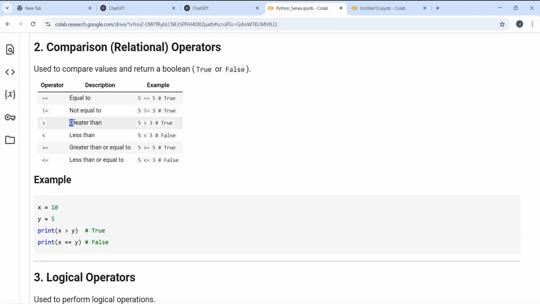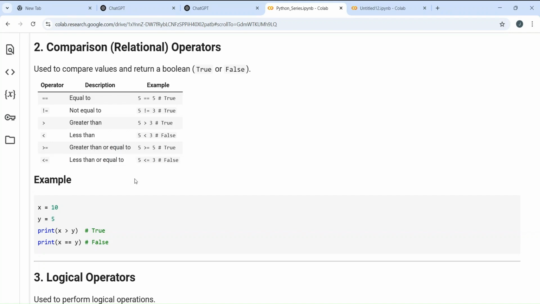Okay, and the next one is greater than, which we know 5 is greater than 3, and then the next is less than, that is 5 is less than 3, and one more thing, it is greater than or equal to. So there can be a possibility that 5 is greater than or equal to 5, so like that. And last one is less than or equal to.